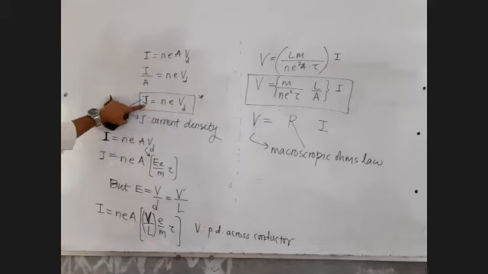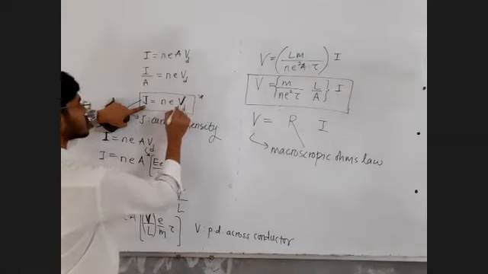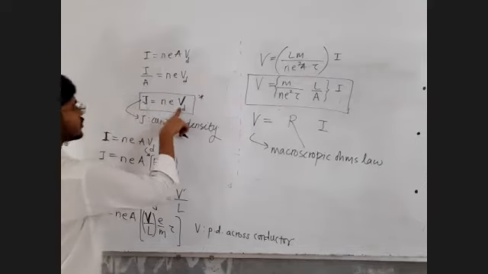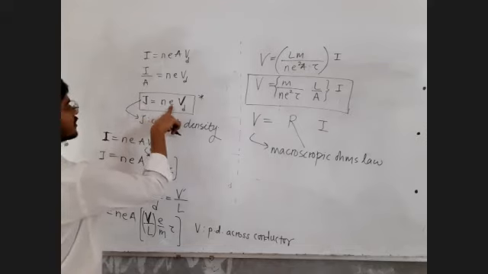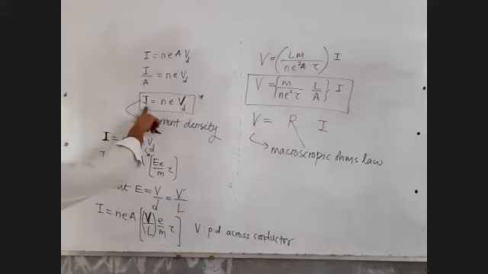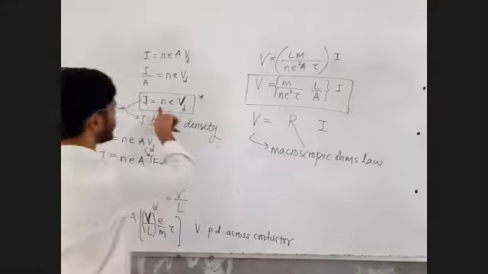So at a given point this law is applicable, so there is no problem at all in using this equation. Drift velocity is the velocity of the group of electrons, so that is also a concept applicable at each and every point. This is the number of electrons per unit volume, which is also applicable at a given point, and e is just the number 1.6 into 10 raised to minus 19. So you can take this as the microscopic Ohm's law, but I still want to do some modifications in this law, but that I will do later.